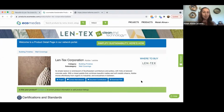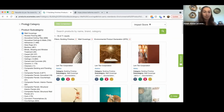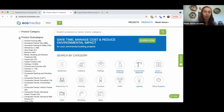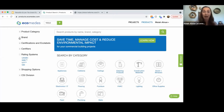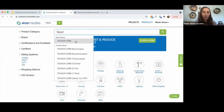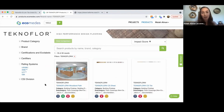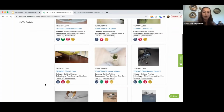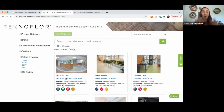And from here, there's a couple other capabilities that we can do, but I want to go back and do another quick search before we move forward. So I can also search for brands that I'm looking for using this left-hand navigation. I can also just directly type in the search box. So maybe I'm coming here and I know what I'm looking for, and I want to check out the Teknoflor products. I'm going to go ahead and just search for that brand, and the products are going to pop up. And again, if I click on one of these product detail pages, each product may have different